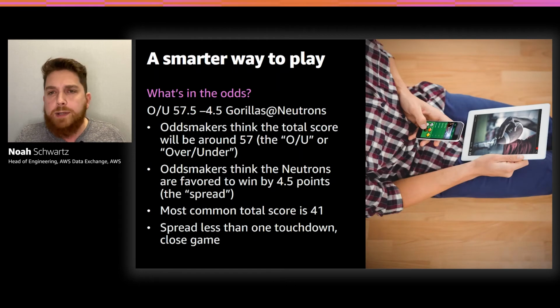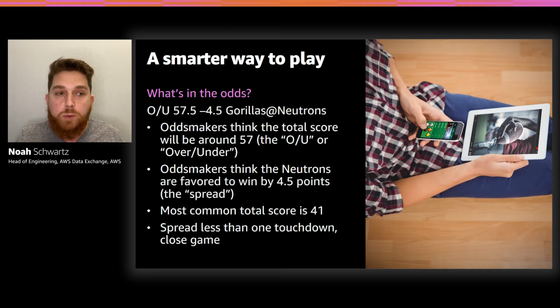So odds look complicated, but they're actually very simple. So let's dissect this example. OU 57.5, minus 4.5, Gorillas at Neutrons. What does this mean? This is a game between the Gorillas and the Neutrons, and it's being played at the Neutron Stadium. OU stands for over-under, and it means that odds makers think the total score of the game will